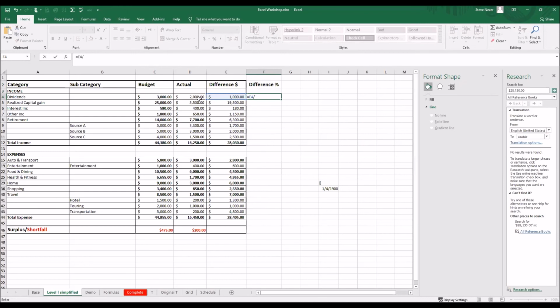We talked about it. Divide is a slash. So 0.5. Well, 1,000 is 50% of 2,000. So let's do it again. Let's see it again. I'm saying it's E4, this number here, divided by D4,